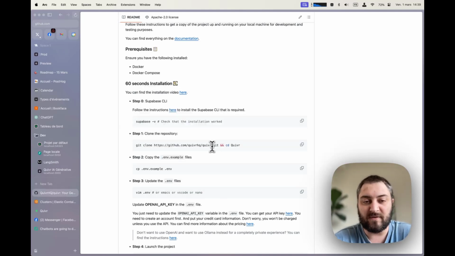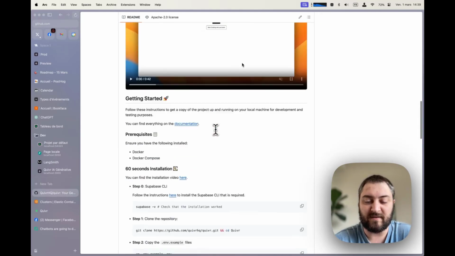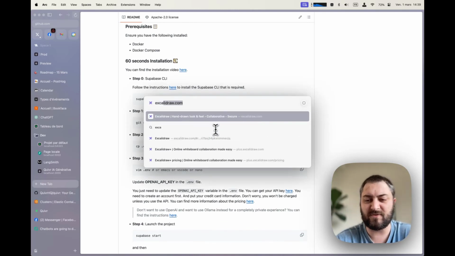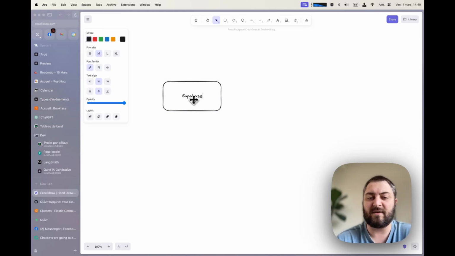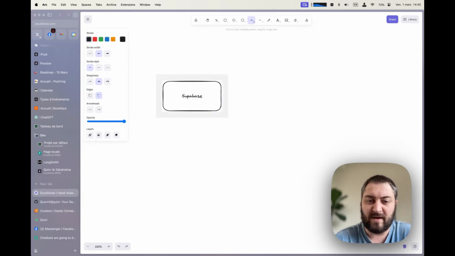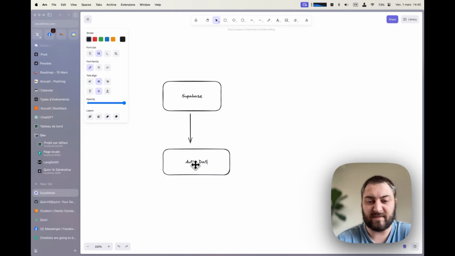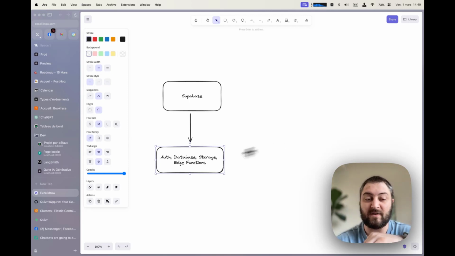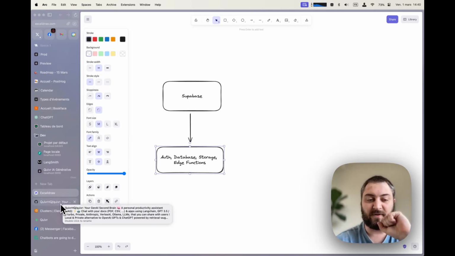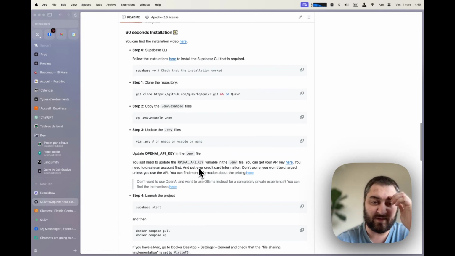And so what you can see with Quiver is we are using Supabase. So let me draw something for you. We are using Supabase as an alternative to Firebase, which means that we get the authentication, we get the database, we use it for storage, we use it for edge functions like Lambda functions and all of that. And one of the reasons why we do that is that you can run everything locally. So first thing first, use Supabase to run things locally.